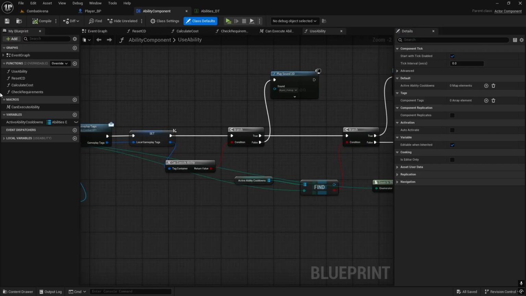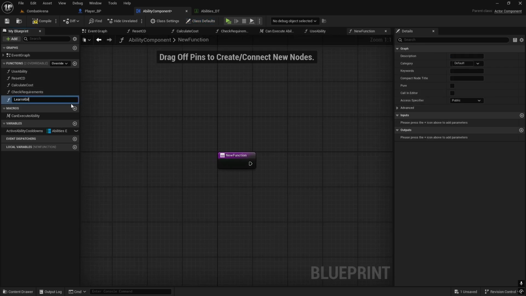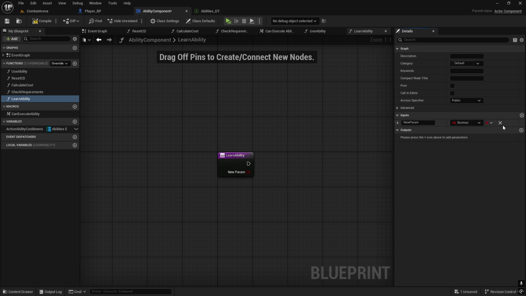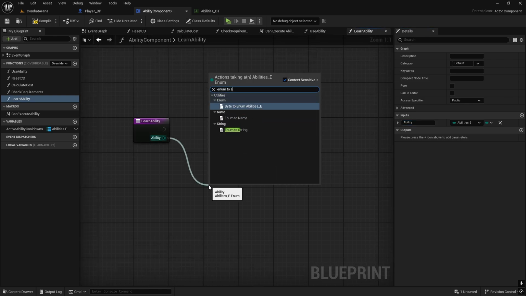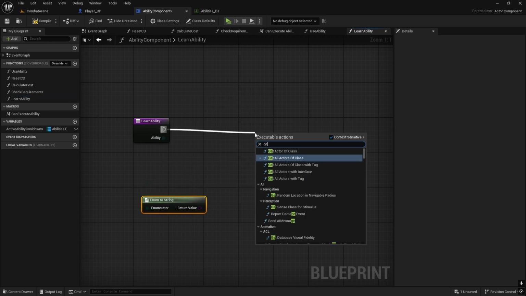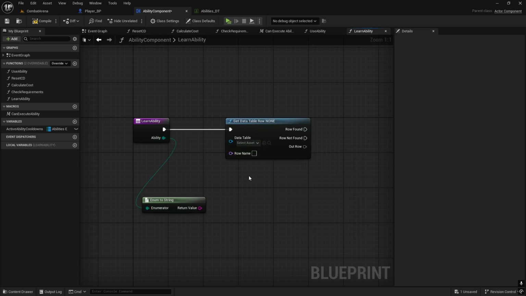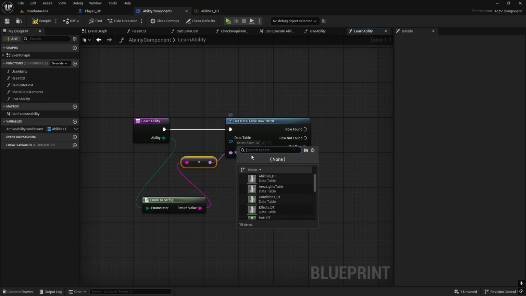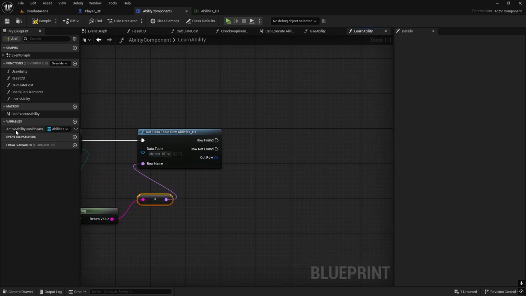So let's go to ability component and create a new function, and this one will be learn ability. It will have an input which will be abilities enumerator, and this one will be just ability. What we need to do is enum to string. We need to get info from the data table, so get data table row. Connect this one here, change it to abilities, and then what we need to create is another map array, so